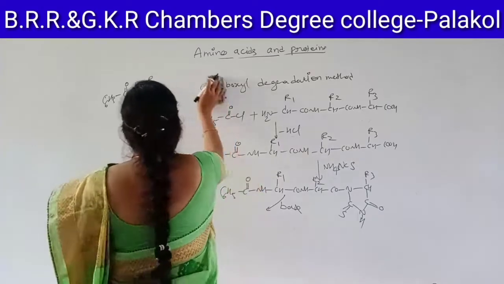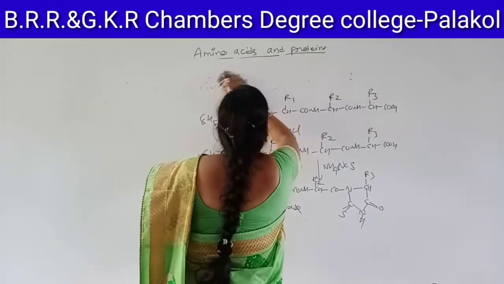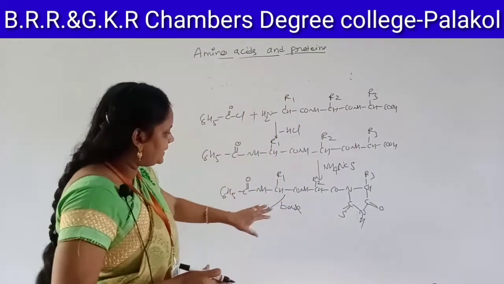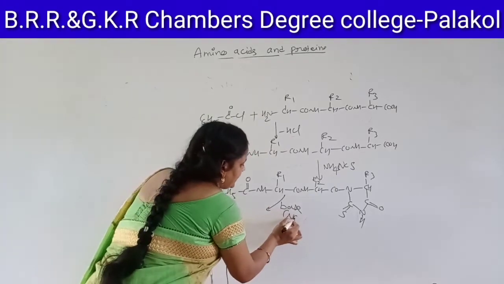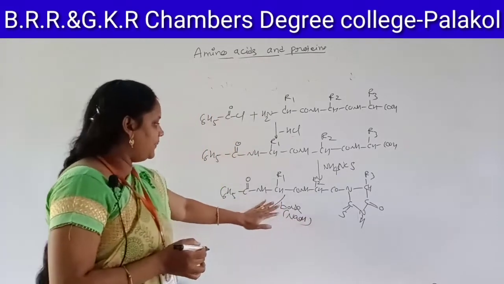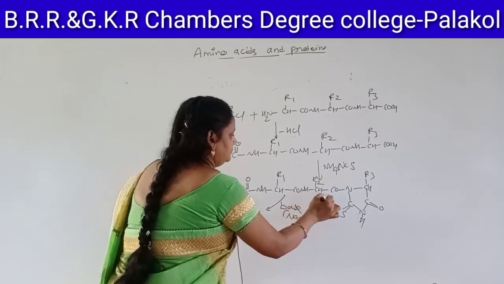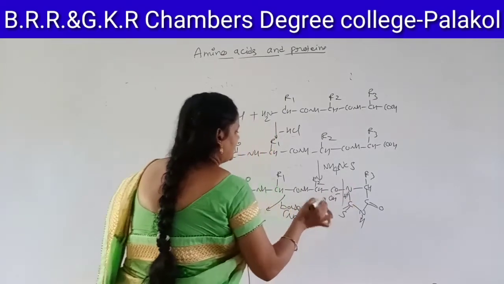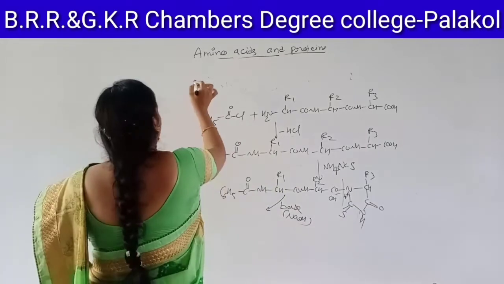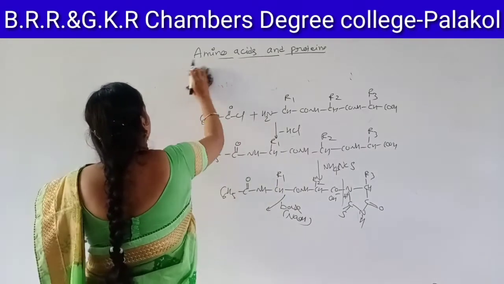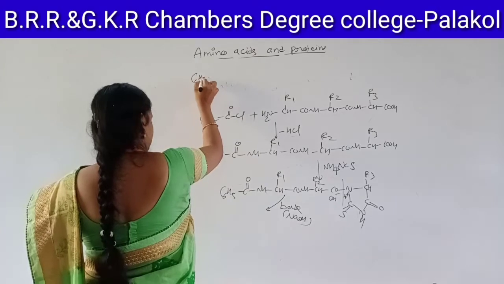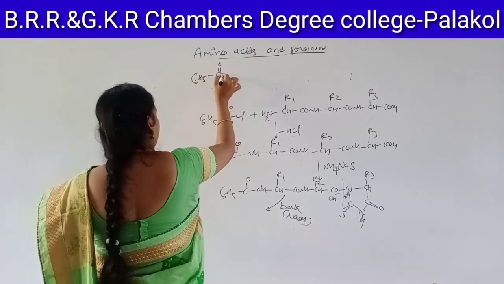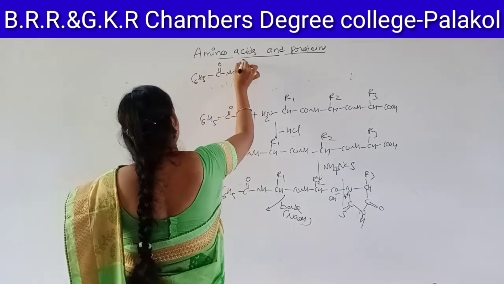Let me write here, students, so that it is visible to you, right? We are just adding a base. Suppose, for example, you add an OH. What happens? Here, the bond will get broken. You will add OH minus here, H plus here, so that you will get C6H5, C double bond O, NH, CHR1,